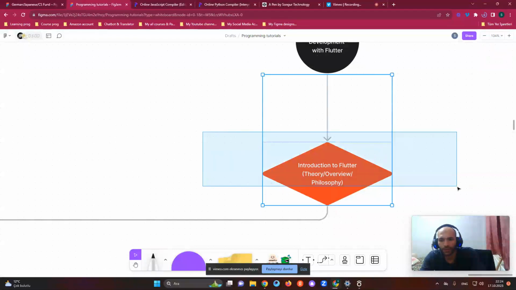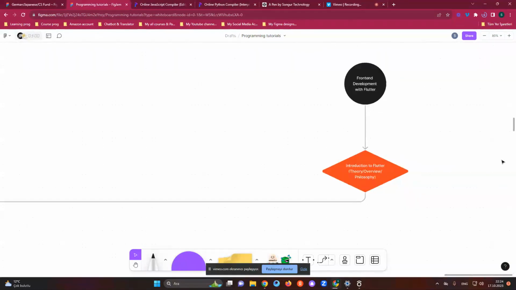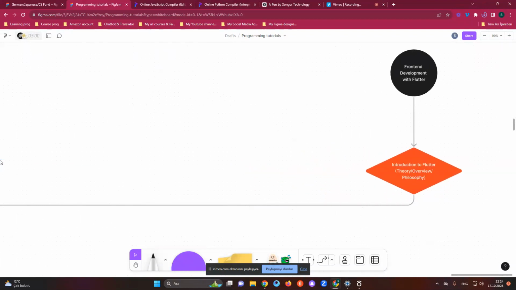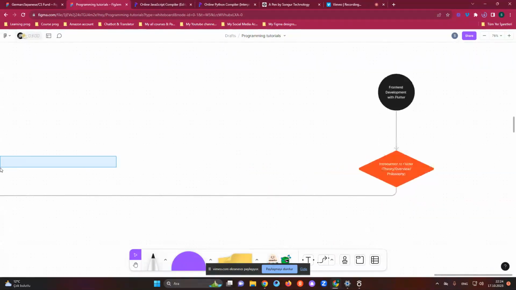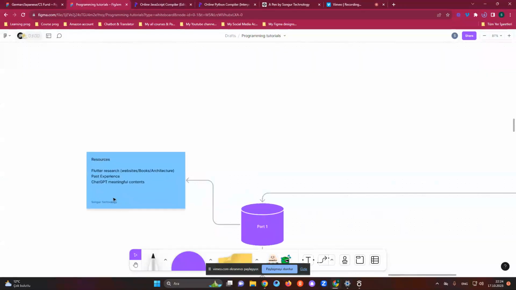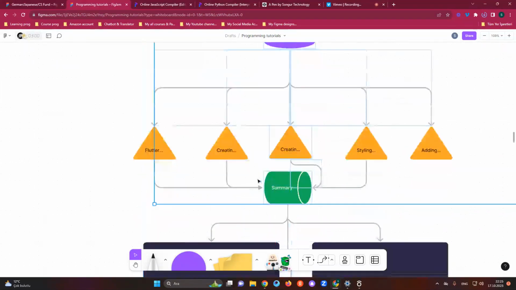So the first part will be an introduction to Flutter, and after that, I will explain the theory and an overview of its philosophy. And after that, we will continue with the... Let me go to the left side. We will start with part one. I already did research on Flutter: websites, books, architecture, etc. I also have past experience with it, and meaningful ChatGPT content will be helpful during my explanation. And part one will be about